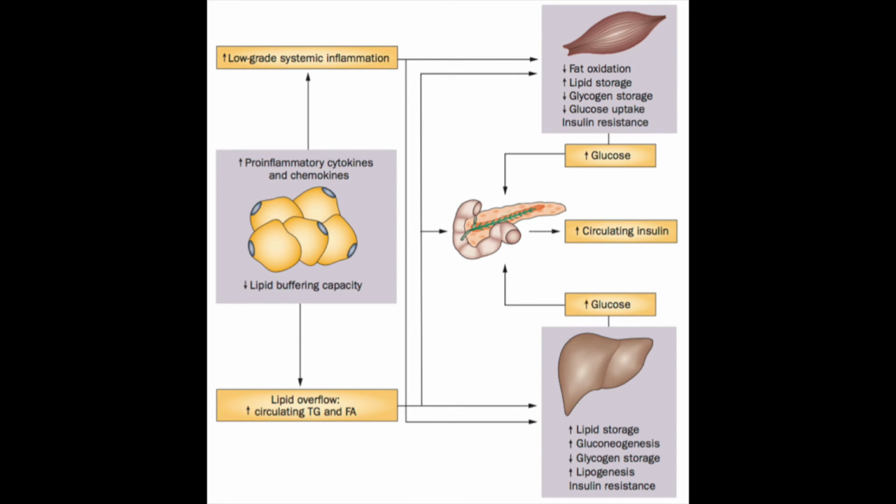Here you see a nice overview of the consequences of the dysfunction of the adipose tissue. A positive energy balance, so when energy intake is higher than energy expenditure, results in adipose tissue exceeding its buffering capacity to store all excess energy in the form of triglycerides. The reduced buffering capacity of the adipose tissue leads to the overflow of lipids into the circulation, and more lipids will be supplied to non-adipose tissue, so liver, skeletal muscle and pancreas, for storage. The ectopic fat storage in these tissues contributes to the development of insulin resistance.